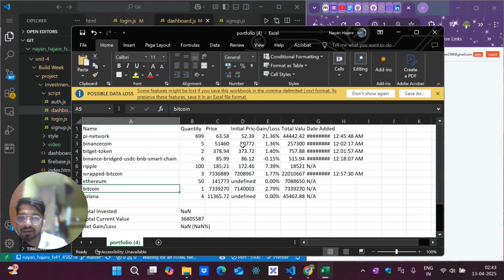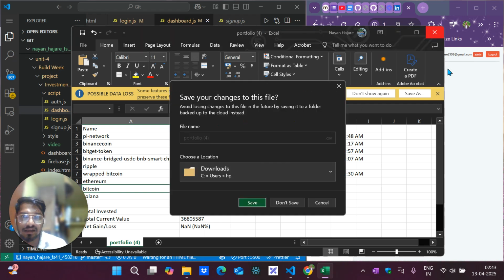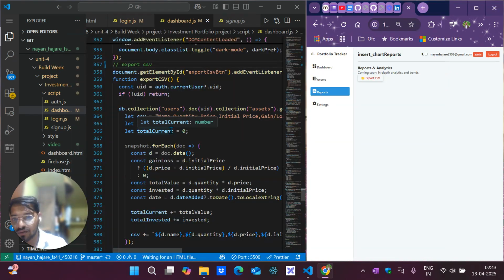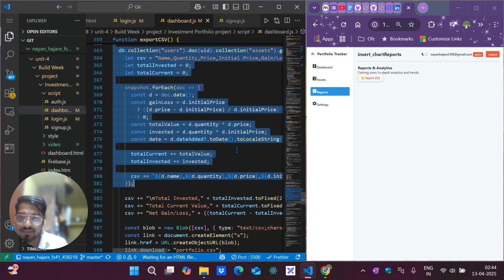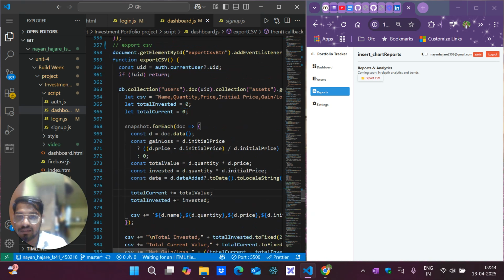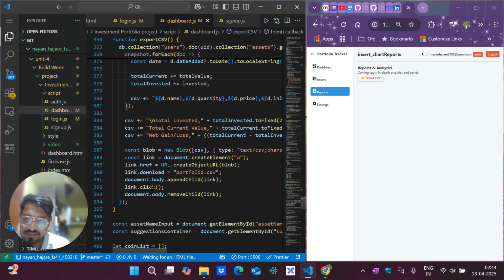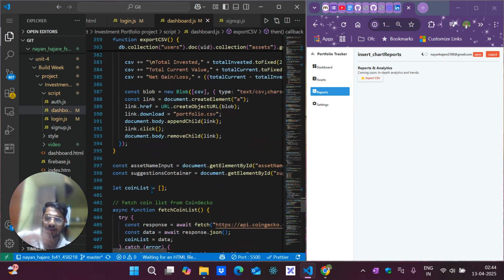So this is all the data we can directly use in an Excel sheet. We can see here the code for the export CSV, by the name and everything we have created here. I will share a GitHub link which you can directly